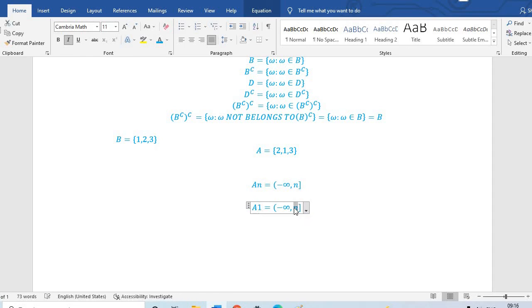That is minus infinity to 1. What is a2? Minus infinity to 2,